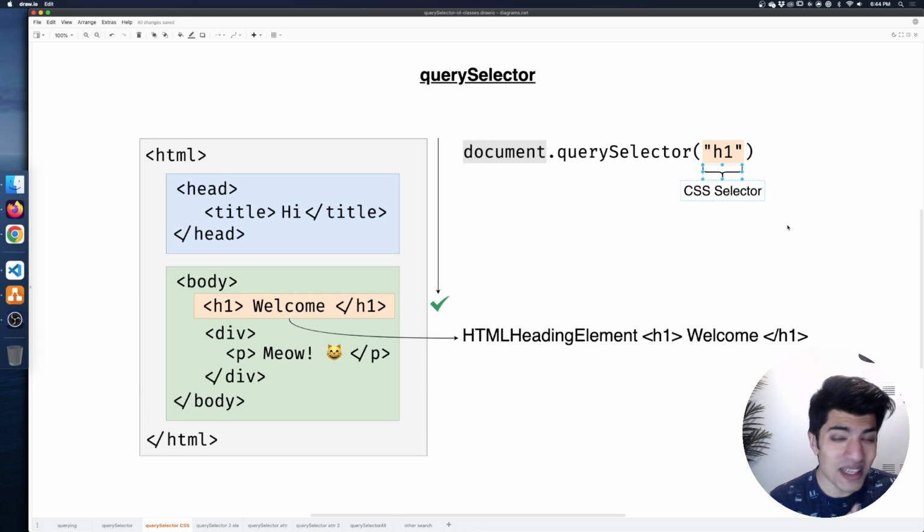Right? I'm not that great at CSS myself, definitely need more practice with it, but I kind of understand the basics, my way around it. So having the same syntax or the same API between CSS and then the querySelector is really, really nice. Okay, so in this case, for example, as you can see on my screen, I have document.querySelector of